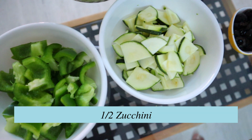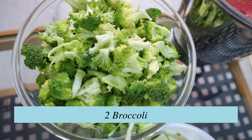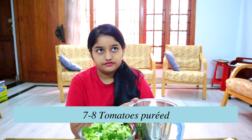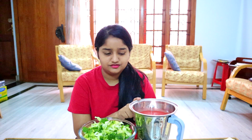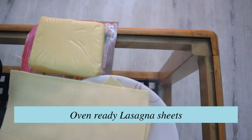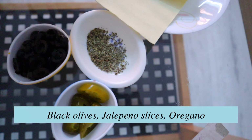Then I have half a zucchini, and then I have 2 broccolis, and then I have pureed 7 tomatoes. I think it was 7 tomatoes, yes. 7 or 8, guys, but yeah, that's it. And these were pretty small tomatoes, so that's not a lot, but all this serves 3. Then of course we have my lasagna sheets. We have olives, and then we have jalapeno, we have a bit of oregano, and then we have mozzarella cheese,